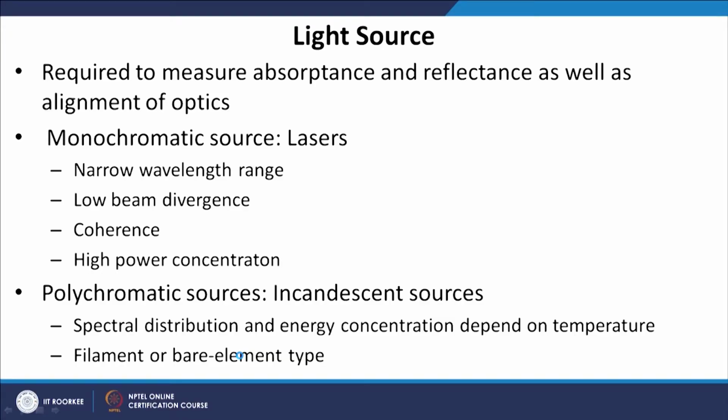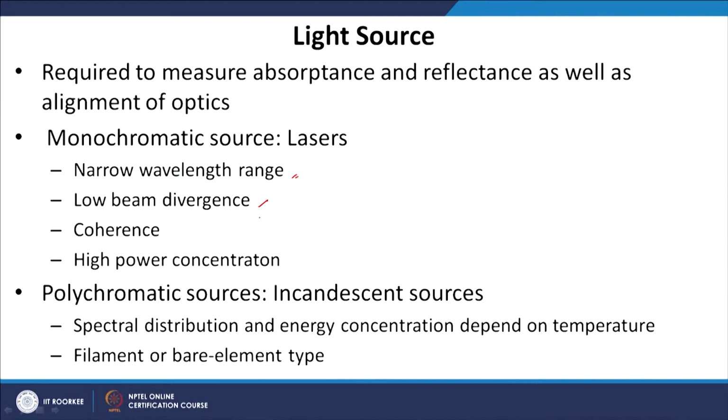Now what are the light sources we can use? There are basically two types of light sources, monochromatic and polychromatic. Monochromatic, as the name basically implies, it is a monochrome, that means same color, one color. So it has narrow wavelength range, it cannot be single wavelength. There will be some spread over small wavelength range, but still it is called monochromatic. It is basically single wavelength spread over small narrow wavelength range.